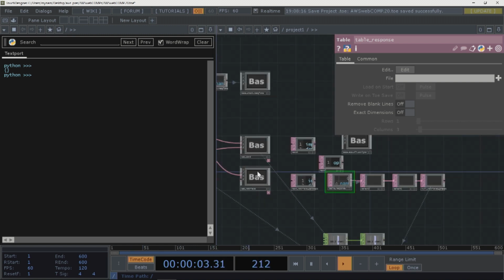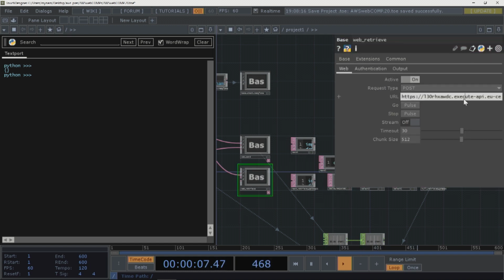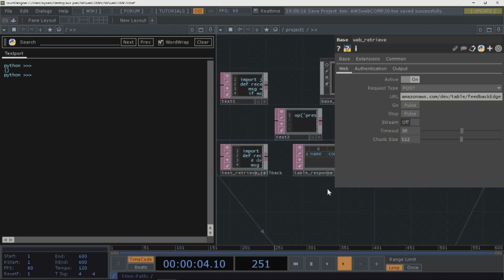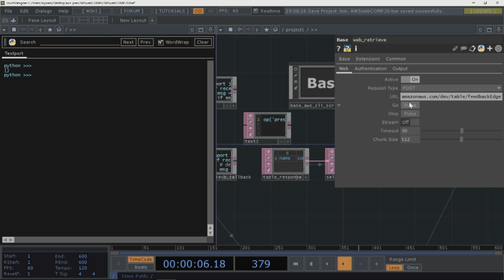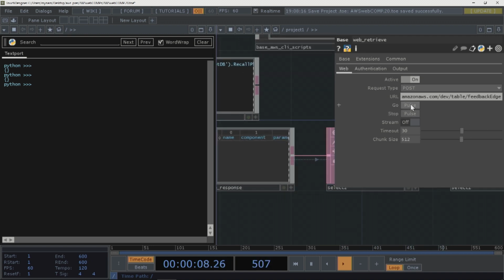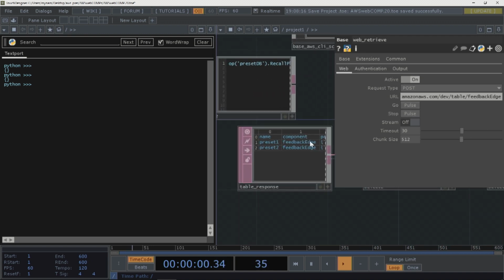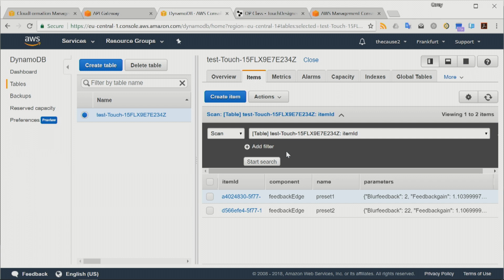So this table is the response. It's where the response from hitting the API to query presets for the feedback edge component goes. It's where the data goes. So when I hit go, they should drop into this table, and they do. So if you had multiple different types of data in the one table and you had them keyed by the component that they're relevant to,